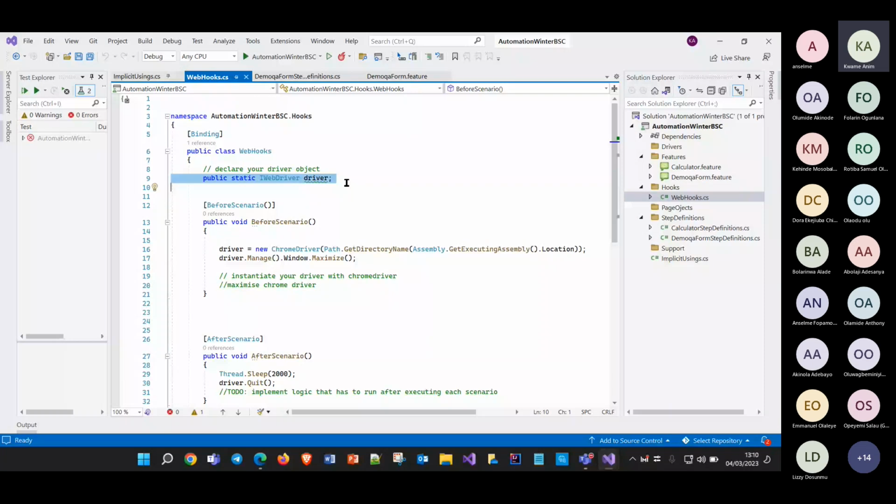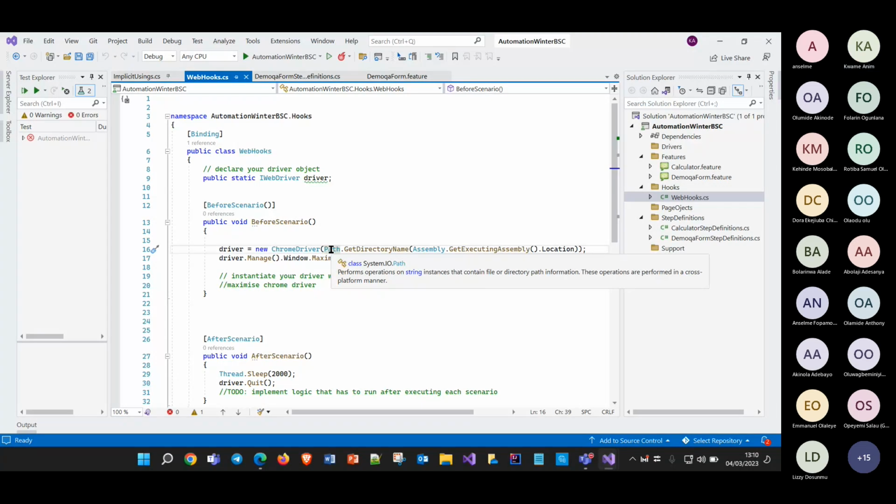We instantiated it on line 16 with Chrome driver. And I told you the Chrome driver, there are these curly braces, open and close curly braces. If you do it that way, sometimes it works, sometimes it doesn't. But since 2019 Visual Studio, some people have issues where the Chrome driver will not open because of that. Even if you add the drive where the Chrome driver resides, sometimes it will not pick it up